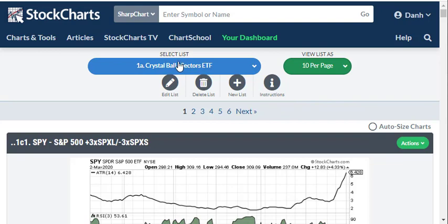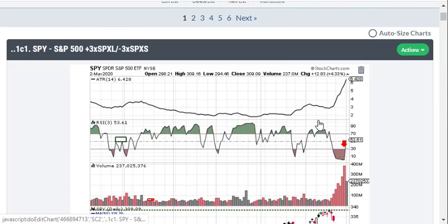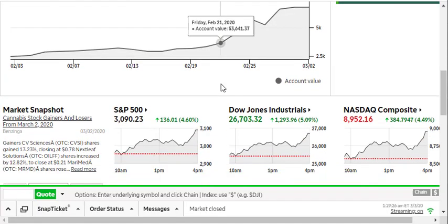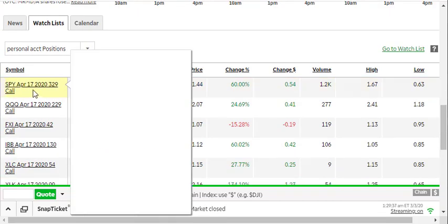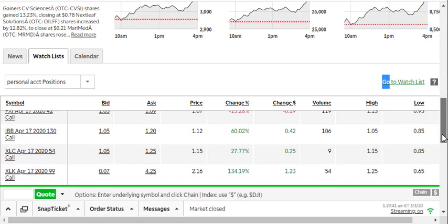Again, we're in my crystal ball, which is a collection of the sectors that I follow, so I get to know them really well. Here are the plays that we have right now, and you can see on the trading account here, if we go down, everything was high up today. S&P, Dow Jones, Nasdaq. These are the plays for today, and you can see the change for